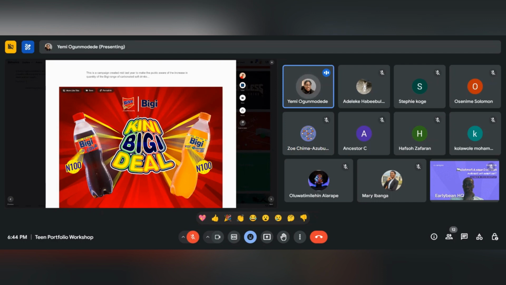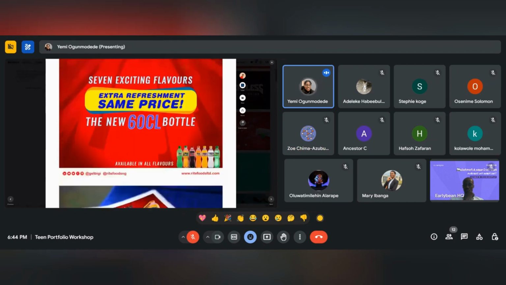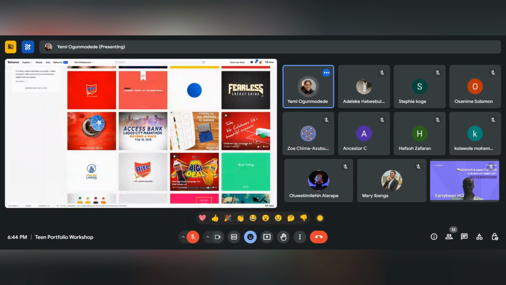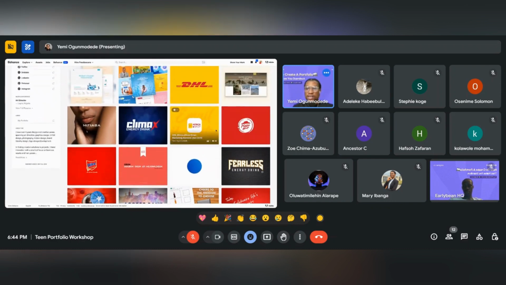A designer doesn't necessarily have to do all of that. You can just write the work I did for this person at this time. That's how a writer would present their portfolio. Anything that they write, if it's a song, you put the word song there too. So as a designer, you put your work together. I'm going to open the one